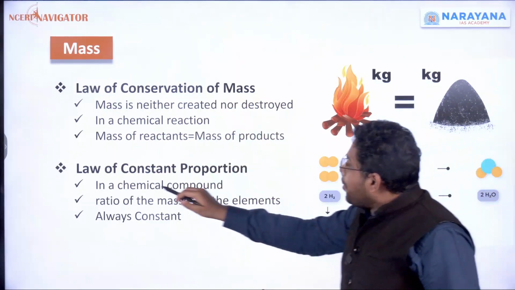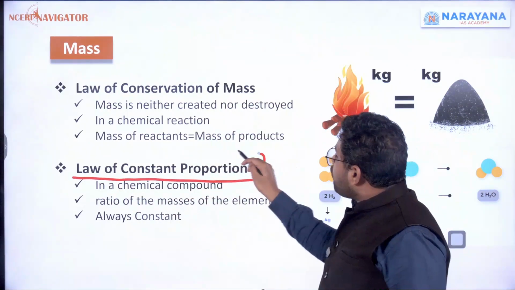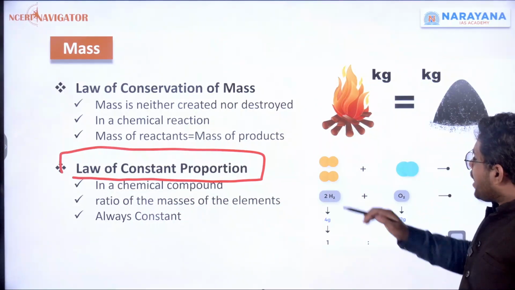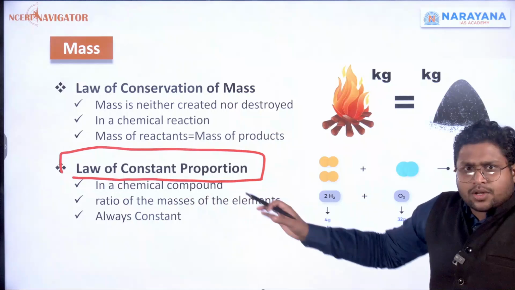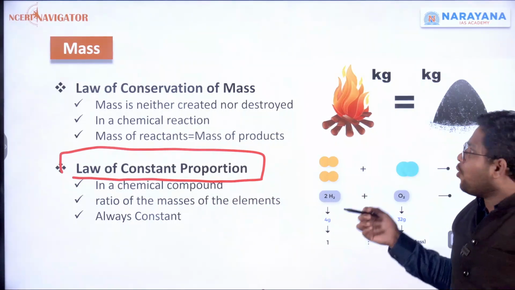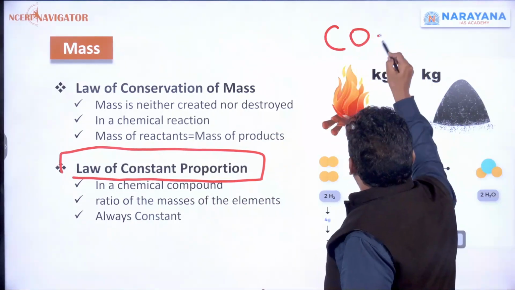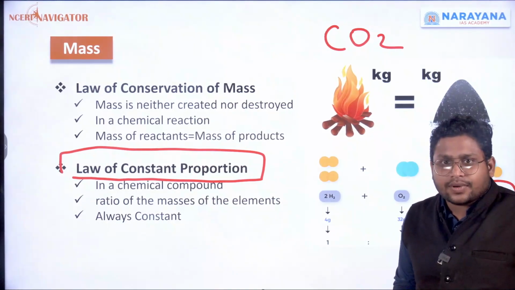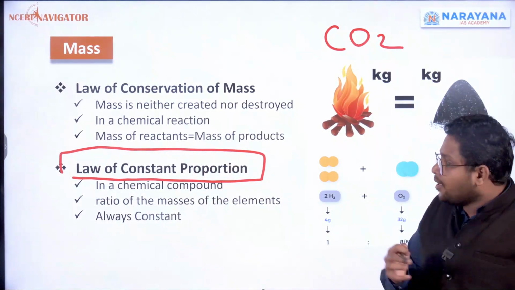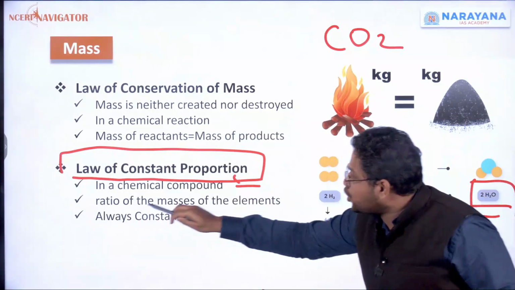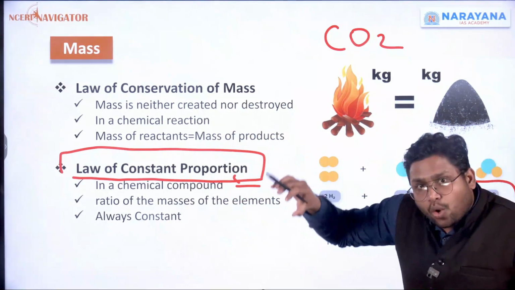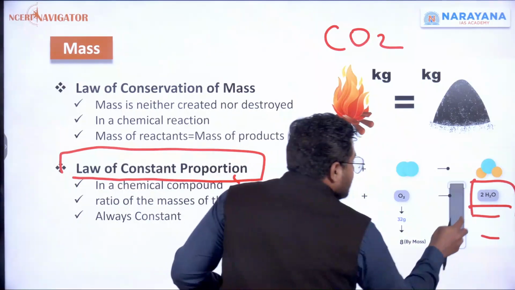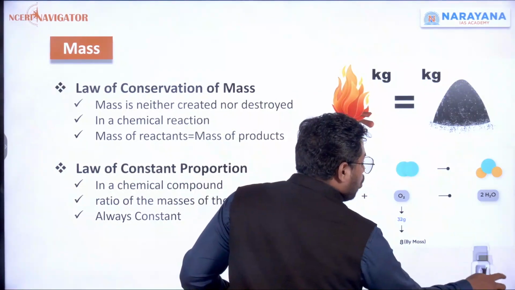Now there is a second law which we call the law of constant proportion. Now what do I mean by the law of constant proportion? So if you look at any chemical compound, let's say you're looking at CO2 or let's say H2O over here. This is a compound. Now, in a chemical compound, the ratio of masses of the elements is always constant. This is the law. So, if you're looking at, let's say, H2O, okay,